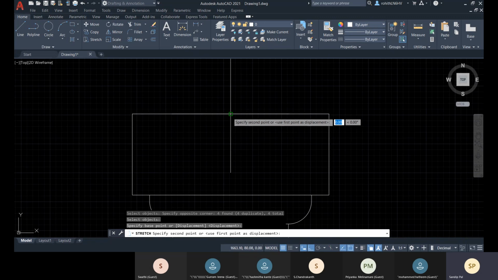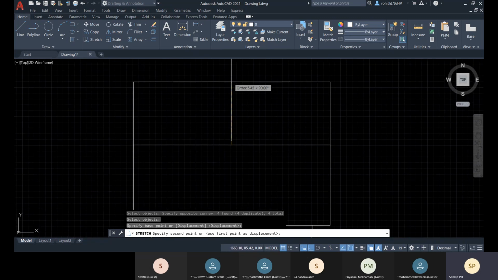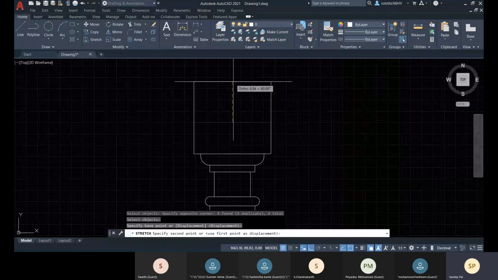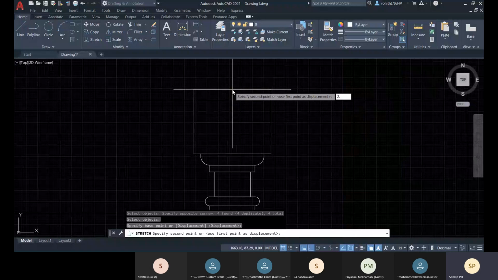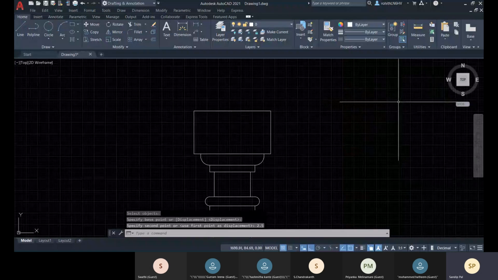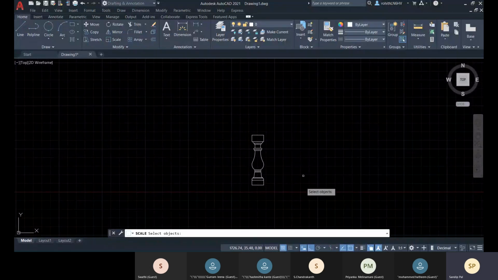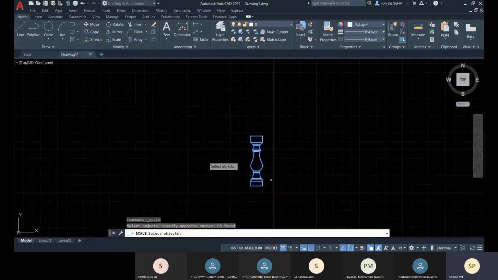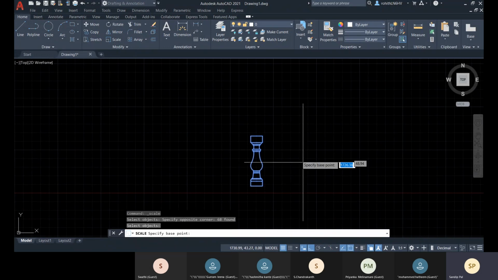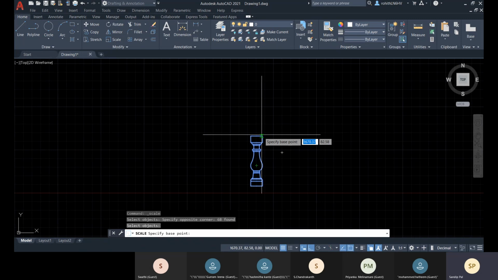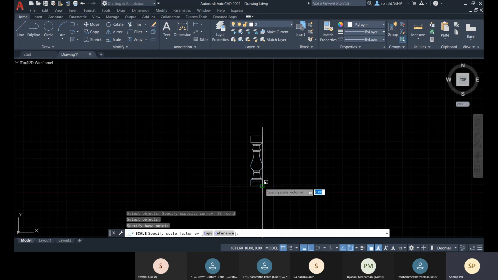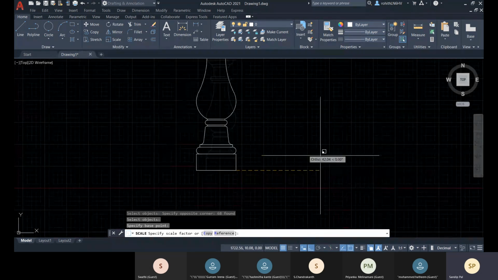So I have specified this as a base point, and from here I am going to stretch it 2.5 distance for this. Okay, and suppose you want to scale this more, so you select it, enter, and you specify this or any base point, so that base point will be fixed, and from that it will either decrease or increase. So make sure you specify the right base point there.